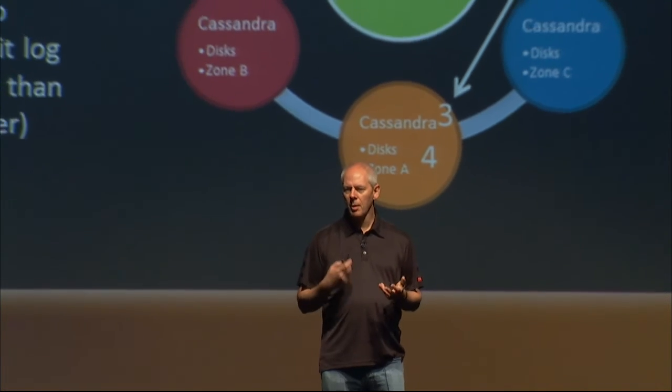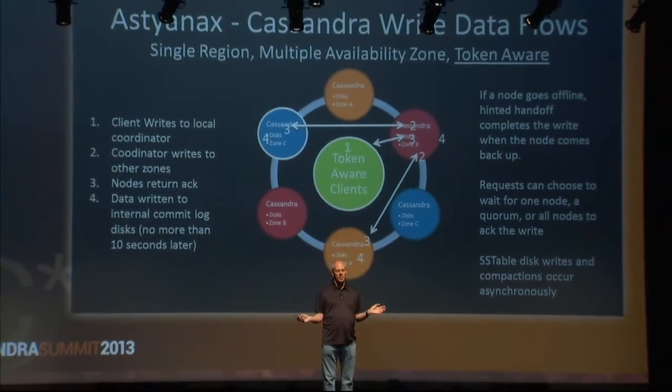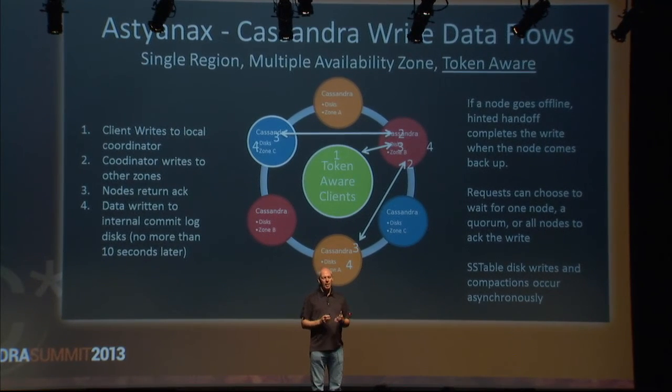Let's see what time I got left. Okay. So explain what I mean by token aware and why Astyanax is a little bit cleverer. Hector isn't token aware. A lot of the clients aren't token aware. They just pick a Cassandra instance at random and say, here's some data, or I want to read something. And the node that they connect to doesn't have that data. So Astyanax is aware of the tokens in the cluster. And this, again, needs to be rethought for Vnodes, but this is the way we're currently working.